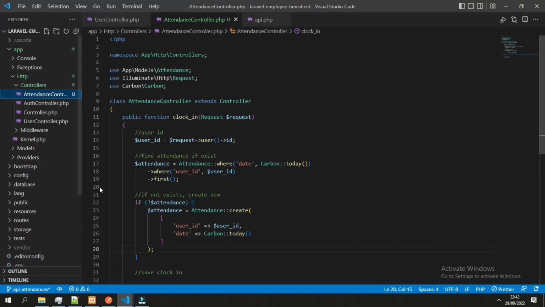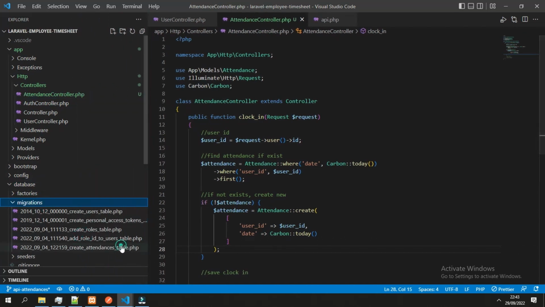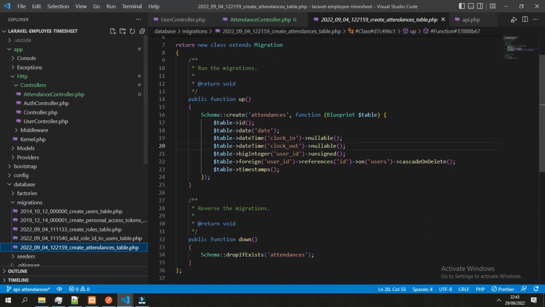If we check in the attendance table in the database migration and attendance, we will see that the date and the user ID is not nullable, so the minimum parameter to create an attendance object is the date and the user ID, but the clock in and clock out is nullable.